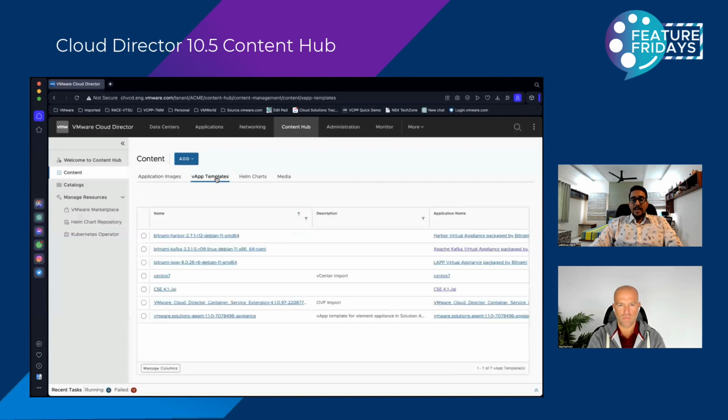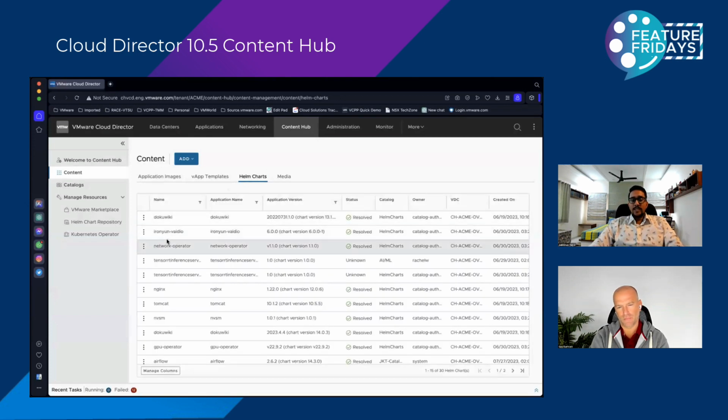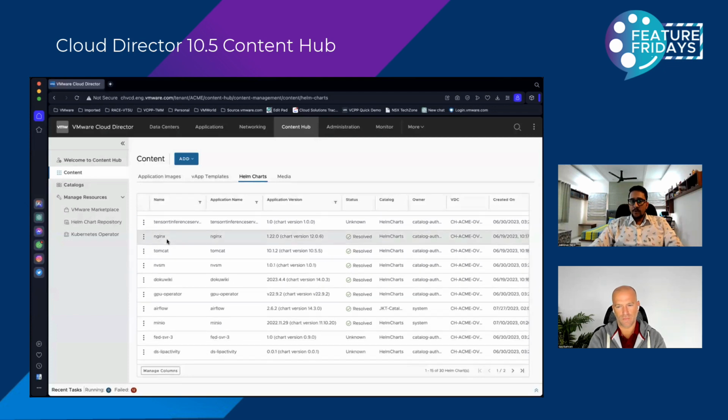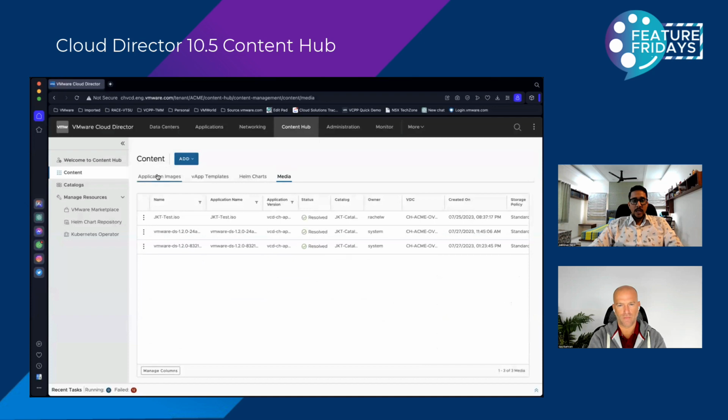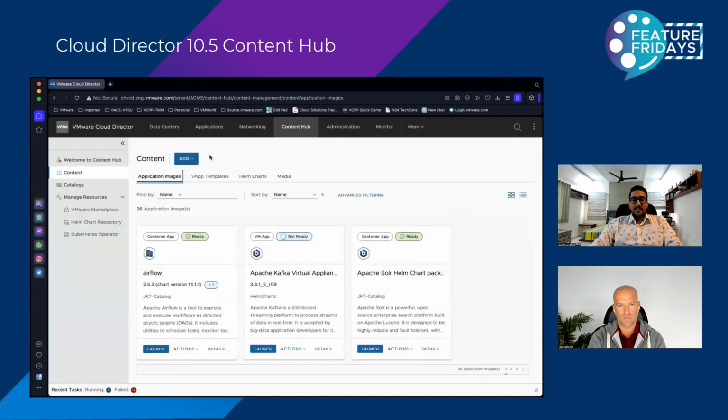The VApp templates tab is the same as it was before, where you would see all the VApp templates listed, irrespective of version or no versions. Each version would have a separate entity or a separate entry. Same way, Helm chart will also be listed as it was before, and also the media, right? Now, let's import